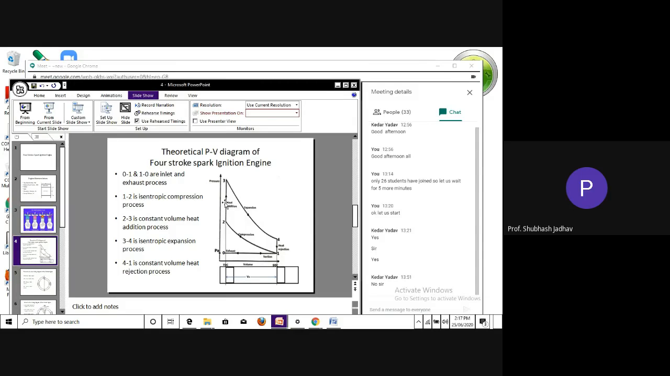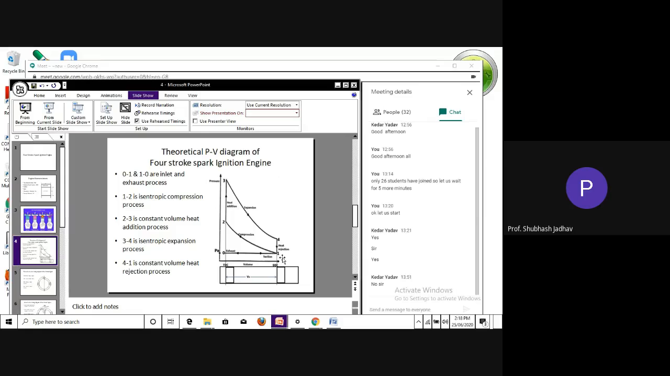That is, momentarily we are assuming that combustion is going to happen and all the heat is going to be added, and suddenly the pressure is going to increase from 2 to 3. Similarly, we assume, underline the word assume, that heat is being rejected instantaneously, and since heat has been rejected, the pressure decreases from 4 to 1. Okay, so since the pressure is decreasing, it is denoted by